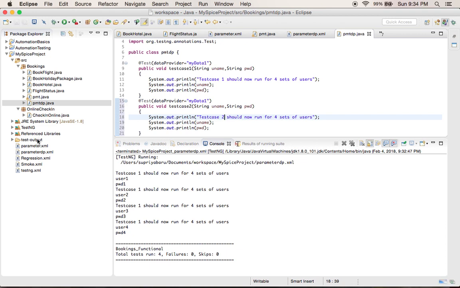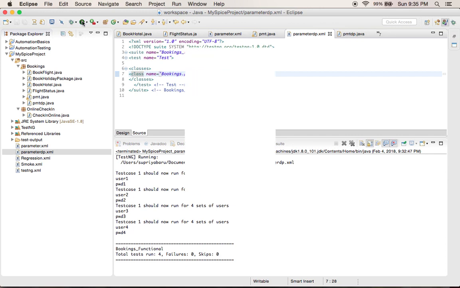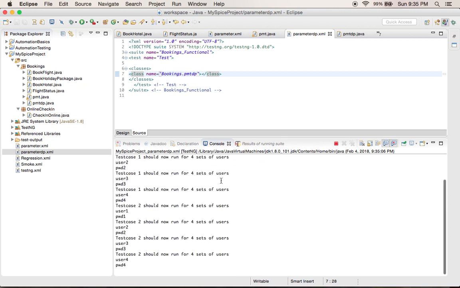Save this, come to your parameter dp.xml. Previously test case 1 was run for 4 users. Now run this particular program as TestNG suite. We added one more test case, so let's see what happens. Excellent.